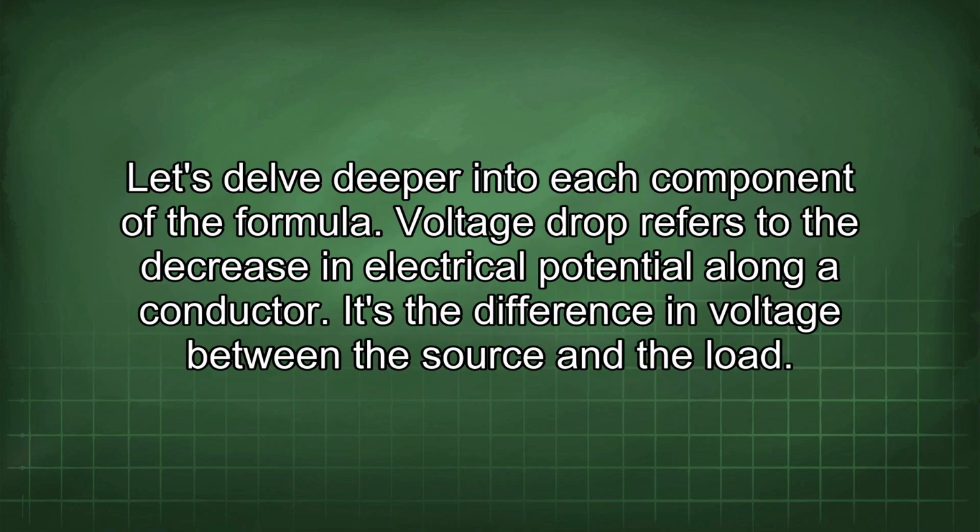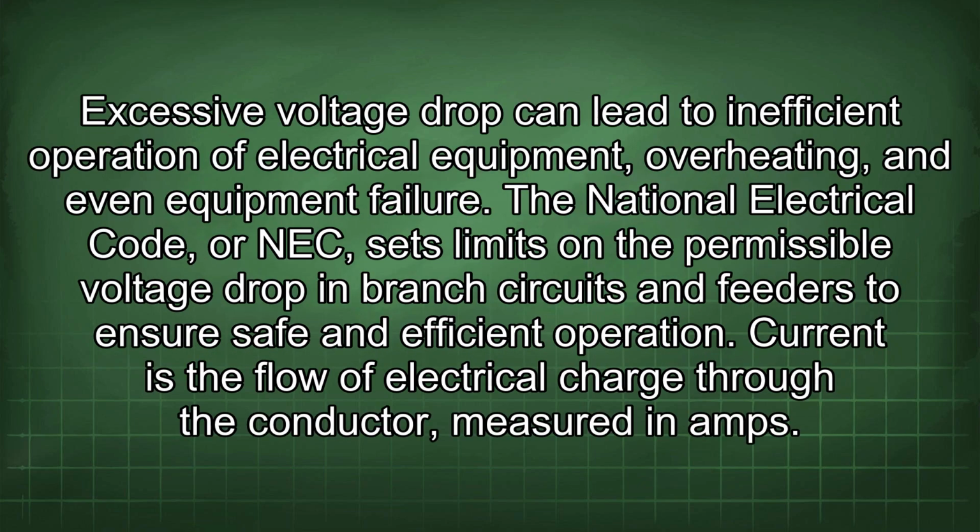Let's delve deeper into each component of the formula. Voltage drop refers to the decrease in electrical potential along a conductor. It's the difference in voltage between the source and the load. Excessive voltage drop can lead to inefficient operation of electrical equipment, overheating, and even equipment failure. The National Electrical Code, or NEC, sets limits on the permissible voltage drop in branch circuits and feeders to ensure